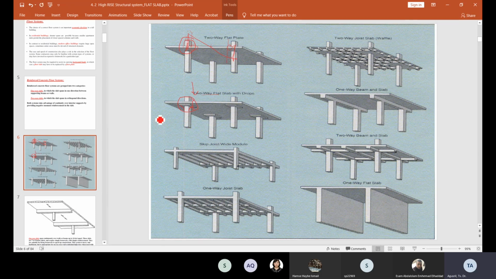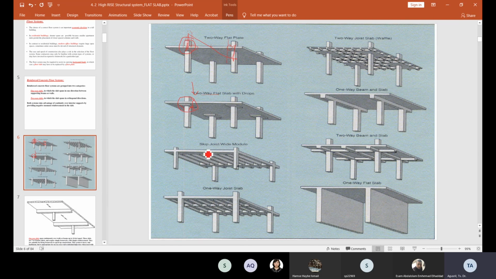Okay, so this is the purpose of why we need to provide the thicker plate, because it is not economic, you know. For example, if you use the same thickness for the slab at the area near the support and at the middle span, it is considered not economic. So we can reduce the thickness at the middle span. At the same time, we can increase the thickness at the support, because why? The support has the highest shear force. Okay, so this is the purpose of the drop.